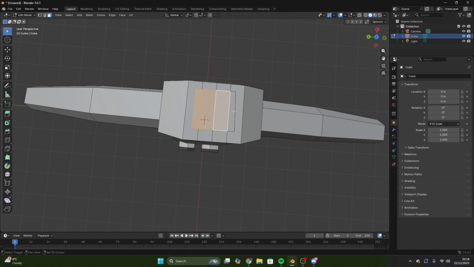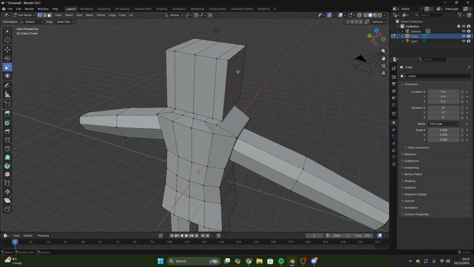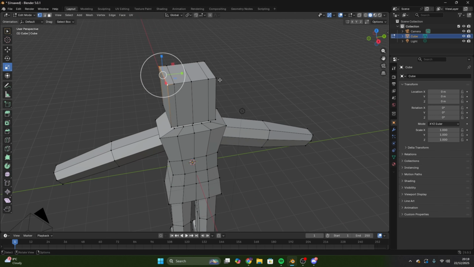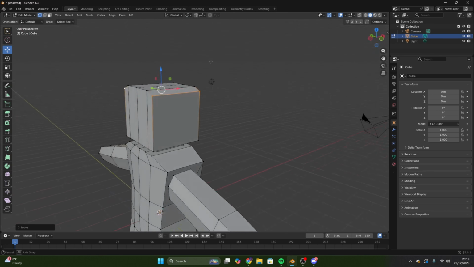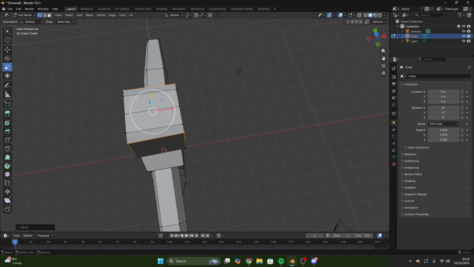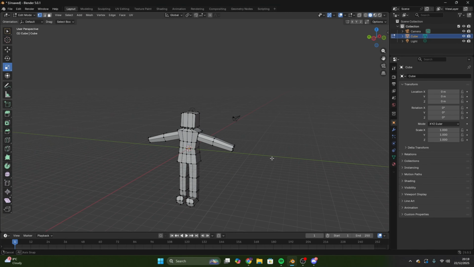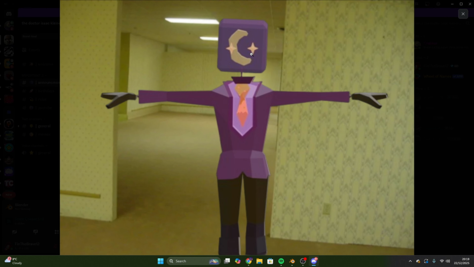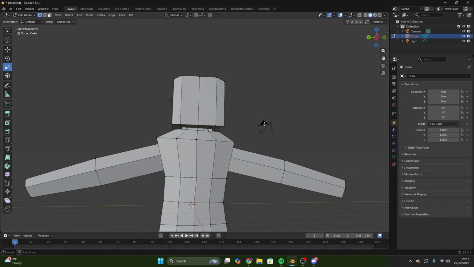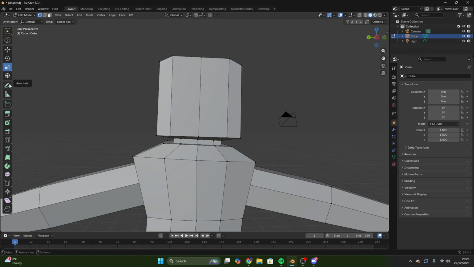We can select these faces here and probably make a neck. And another thing I would like to do is take the points, corners, and move them downward a bit for a bit of roundness to the shape, like that. There we go. That looks pretty good. And now this is where we get the issue that we have to make eyes and a moon shape next, and then we can do all the tie and stuff later, which the eyes kind of sit on top of. So with the probably knife tool again, wait, knife tool,